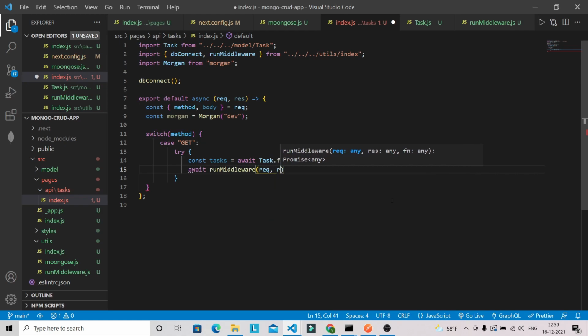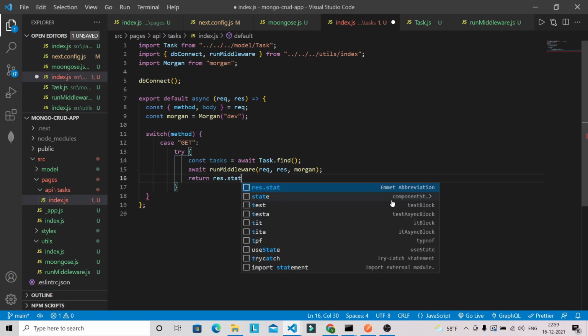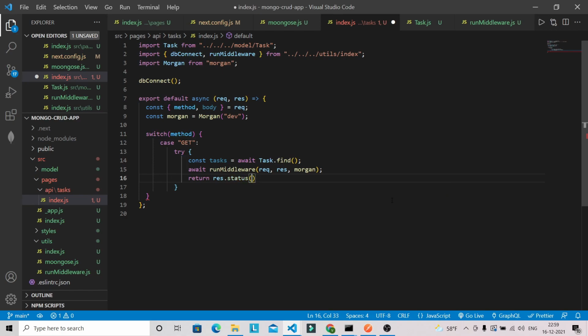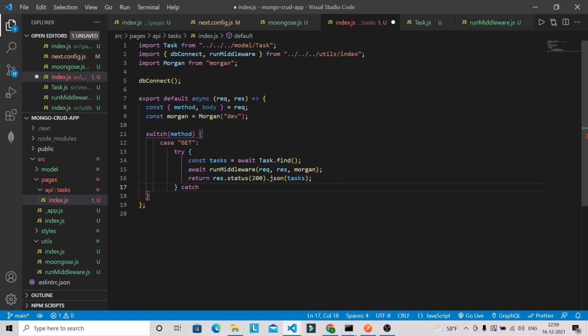We can pass request, response and morgan. After that we can return response.status with 200 and json task. And if we have any error, then we can catch it.